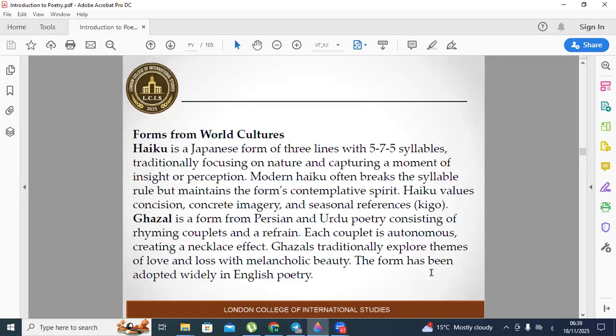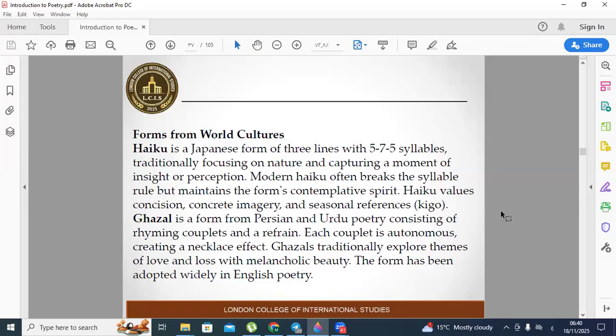Poetry forms from world cultures. Poetry forms aren't limited to English or European traditions. Haiku is a Japanese form of three lines with a 5-7-5 syllable pattern, traditionally focusing on nature and capturing a moment